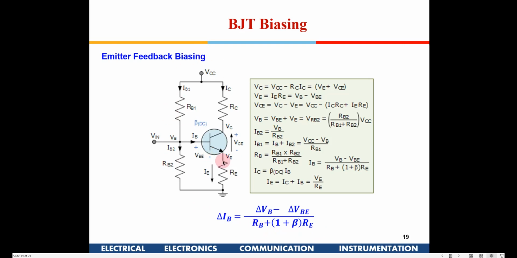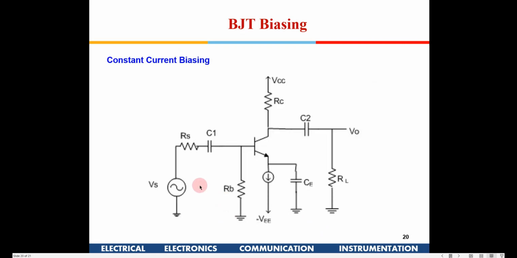That is why this is the way we generally bias a BJT using this kind of network, where you have two resistors here, and then you have one collector resistance and the emitter resistance. This is the kind of biasing which is widely used in practical circuits. For VLSI circuits, the biasing is much more critical.